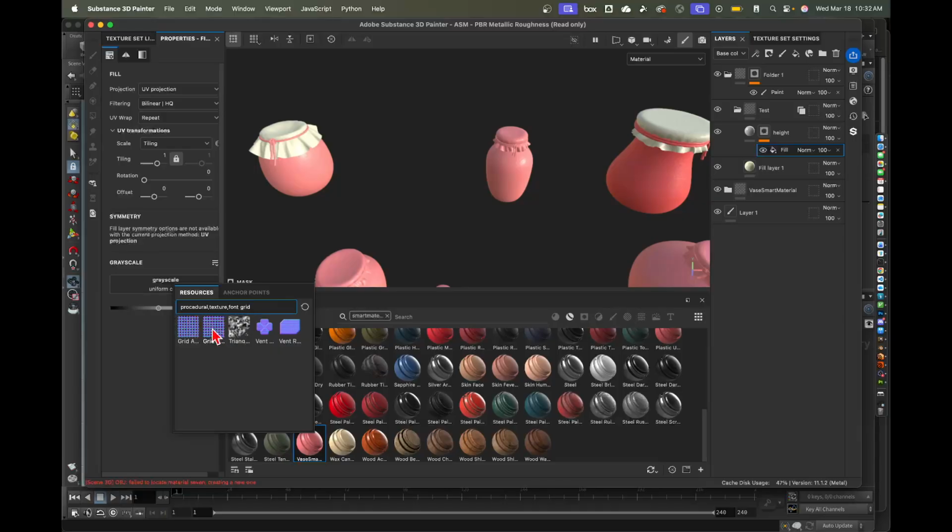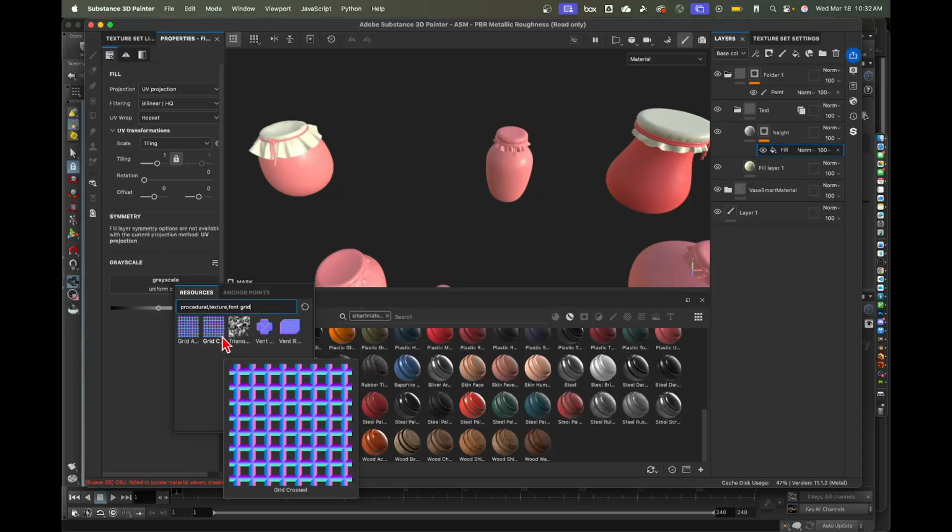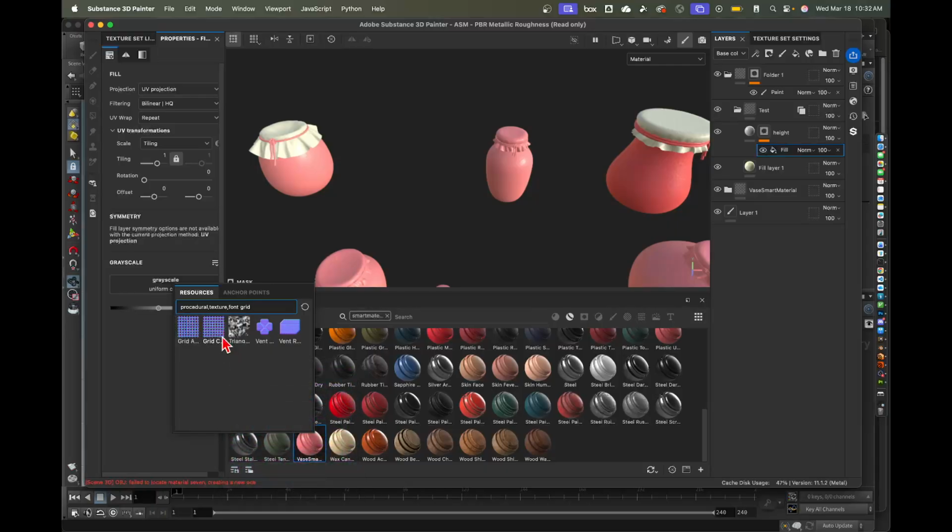No. Smart materials don't work that way, because smart materials are just a packaging and ability to reuse it. Let's say you put down a smart material on everything. If you set your smart material up right, you will set your base color in a conspicuous and easy to locate location. And remember that in Substance, an anchor doesn't have to be visible. So if you want to make a fill layer whose only purpose is to set the color that you're going to then use in other places in the network,